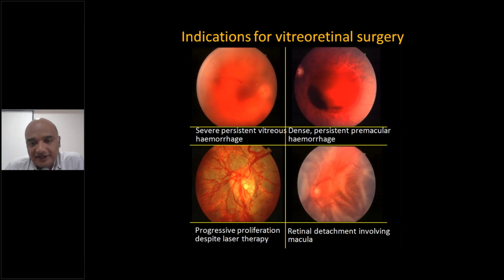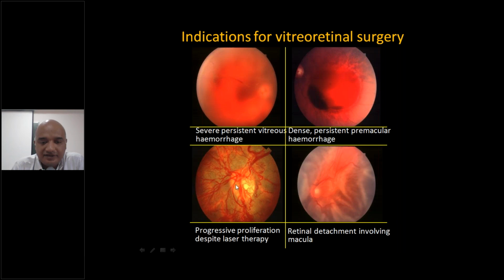So what are the indications for vitrectomy in a patient with proliferative diabetic retinopathy? When there is a severe persistent vitreous hemorrhage. Severe persistent vitreous hemorrhage means the hemorrhage has not resolved in spite of waiting for 2 to 3 months, and has not got absorbed. Then you try to remove the vitreous hemorrhage. If there is tractional retinal detachment, you can see there is a retinal detachment here. There is a retinal detachment here. So it also requires surgical management. And dense premacular hemorrhage. There is a premacular hemorrhage here. Blood is in front of the macula. Absolutely, the patient will not have any vision.